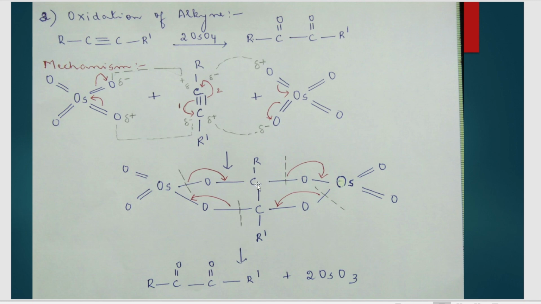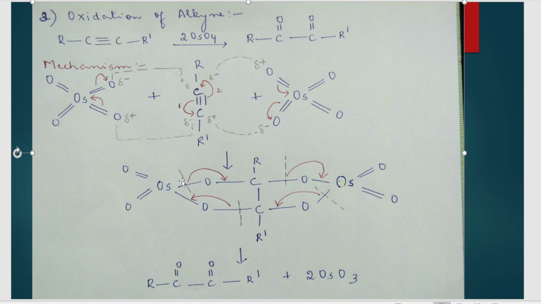So now what happens here? These two carbon atoms are there. This is a cyclic intermediate that you see. Although it looks complex, it is really, really easy. All you have to do is just attach the negative part to the positive part. Okay, so now what happens? Both these carbons, one bond gets shifted towards them, one bond gets shifted away from them. Same thing here, one bond shifting towards it, one bond shifting away from it.